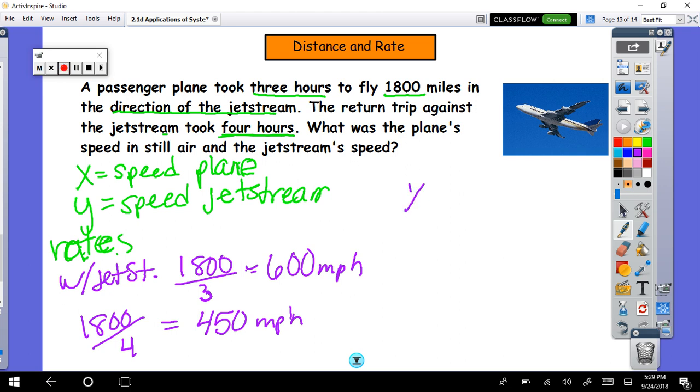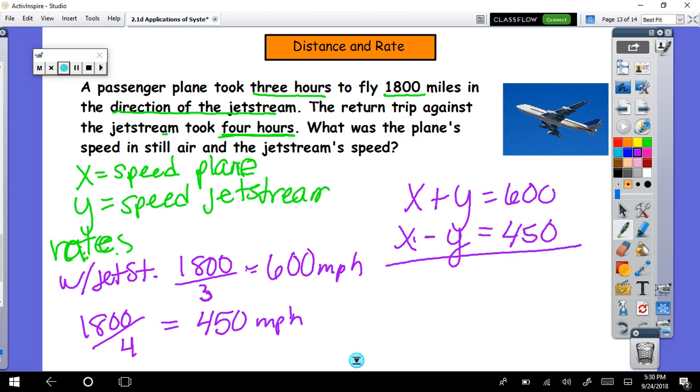So when they're working together, you're going faster. So together with the jet stream, you're 600 miles per hour. When the jet stream is taking off the speed of the plane, you're going slower, so 450. It's set up perfectly then for elimination. Add them together. X plus x is 2x. 600 plus 450 is 1050. Divide that by 2. Half of 1,000 is 500, so